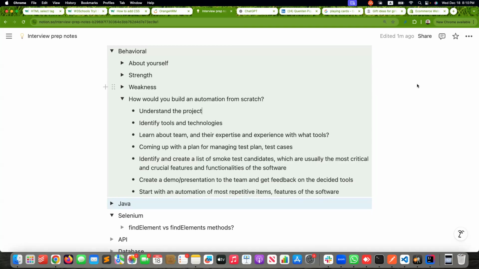most used features and parts of our software, and what's the customer's behavior with our software. And once I have understood the project, then identify the tools and technologies that were used to build this